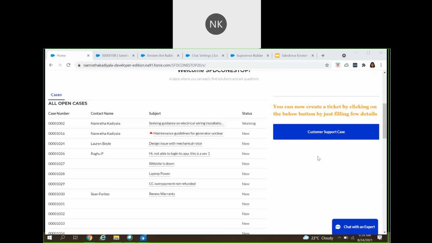So this Instant Bot helps us free up our agents and handle specific requests. It will help our agents save time, boost their productivity by handling the more complex issues, and also provide greater customer satisfaction.